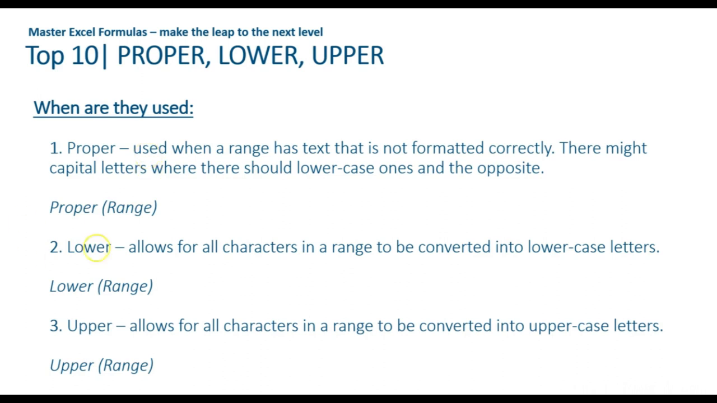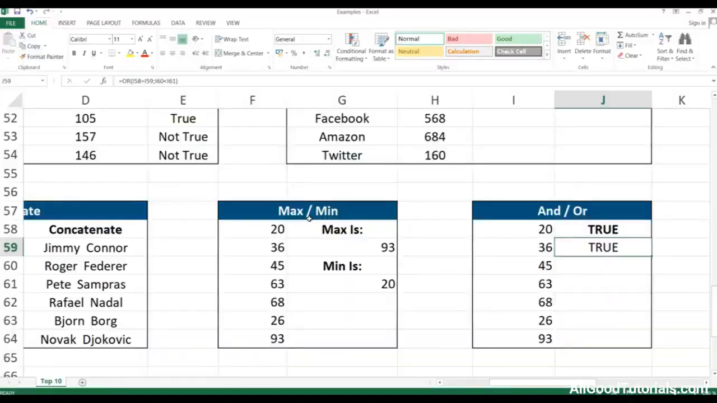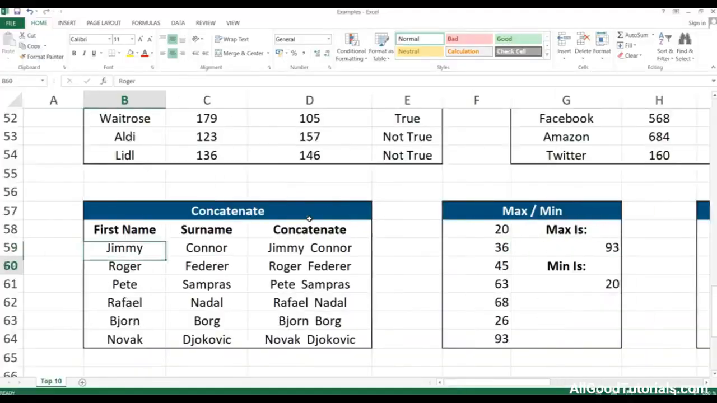The structure, again, very easy. We just need to select the range. Lower is basically what it does. Once we select the range or the cell, it will convert all characters into small case, lowercase letters, really. Whereas upper does the opposite. So now, if I show you the examples for these functions as well,